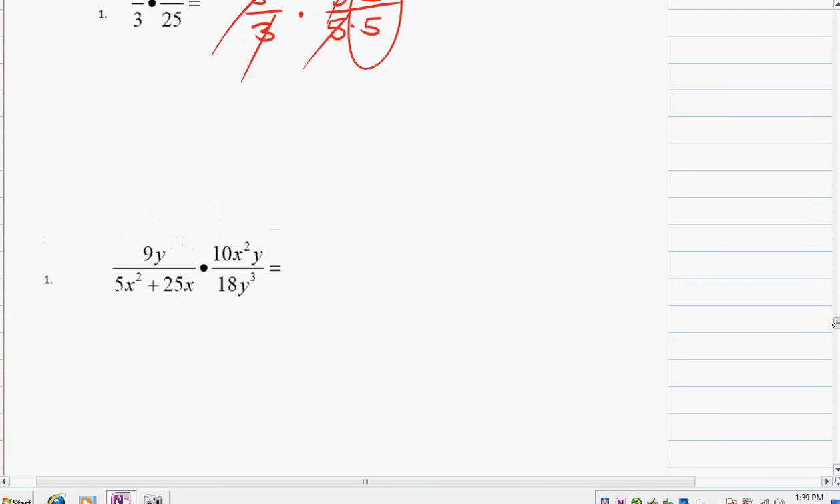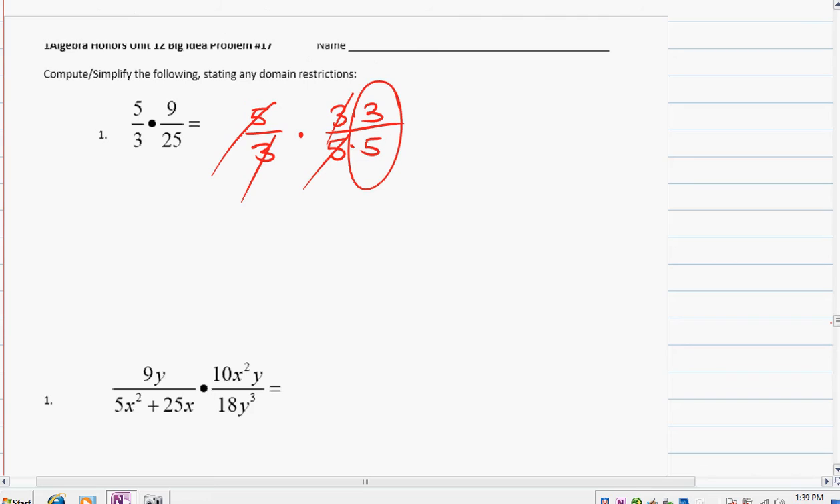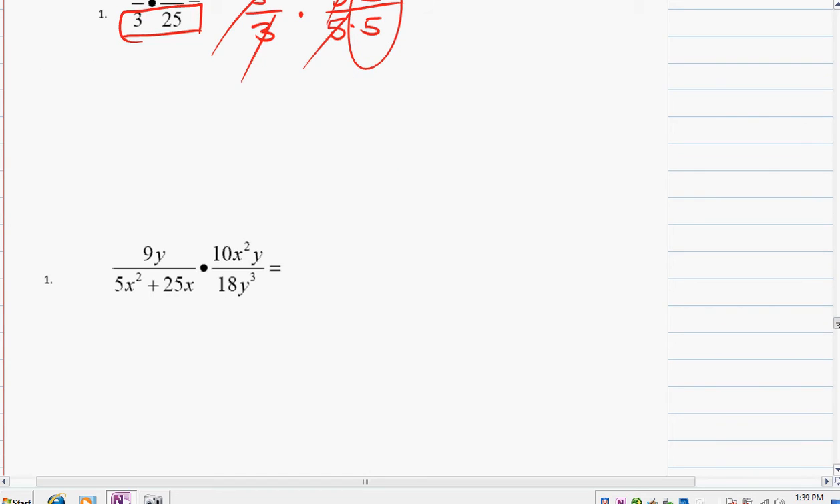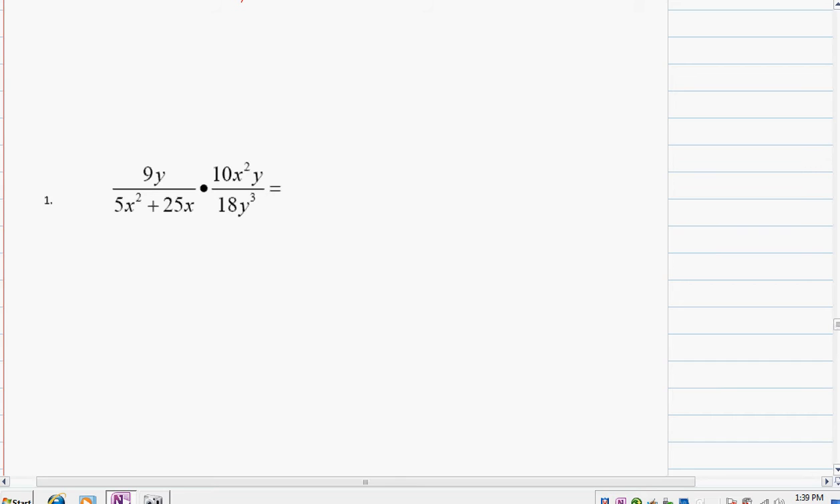The next one, so now factoring is going to come in handy for simplifying. Notice there are no domain restrictions here because there is no variable, there's no input, so there's nothing to restrict. On this one, however, there are probably restrictions, so again, let's lay this flat just so you can see. 5 times x plus 5 times 5 times x. Notice they both have a 5 and an x, so we will take those and factor those out. So we're left with 9y over 5x times x plus 5